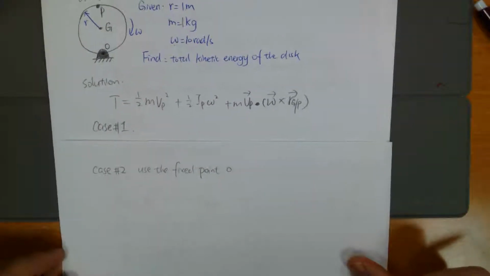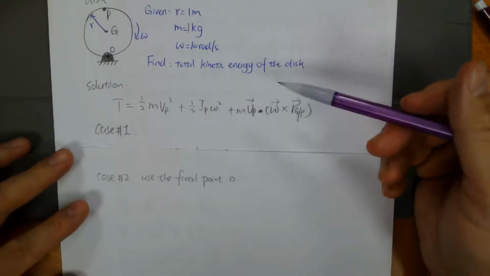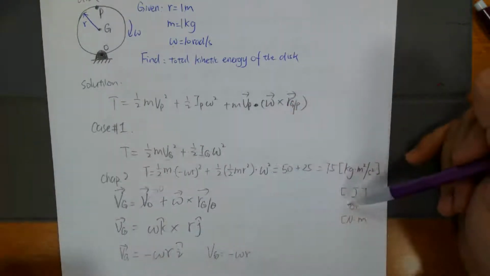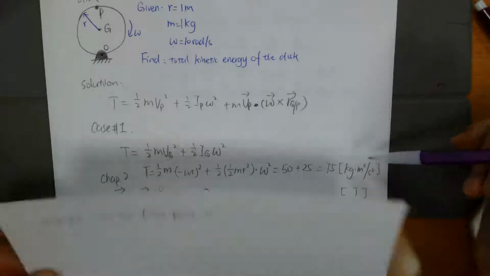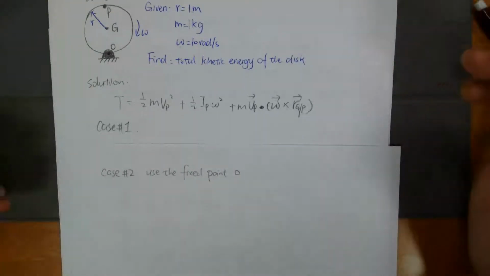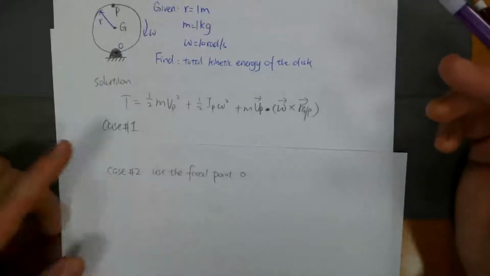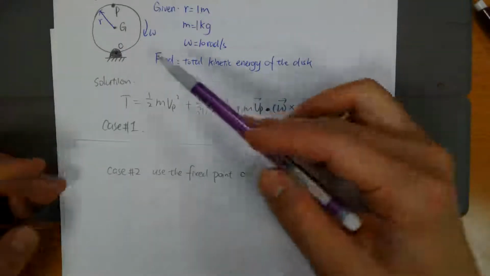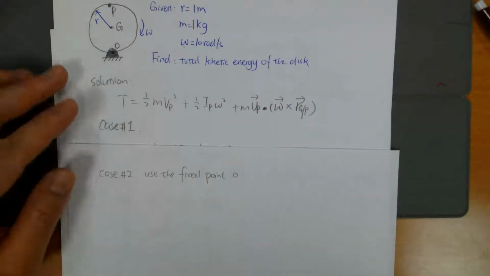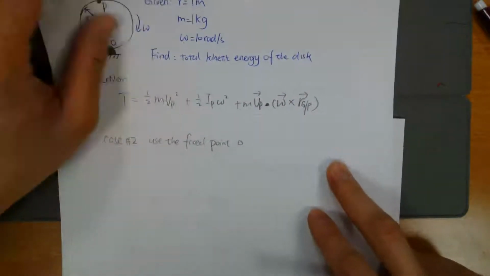Okay, so the same example, we used case 1 to find total kinetic energy is 75 joule, and we can also use case number 2 to find kinetic energy. So case number 2, we can use the fixed point O to find kinetic energy for this system. So based on our